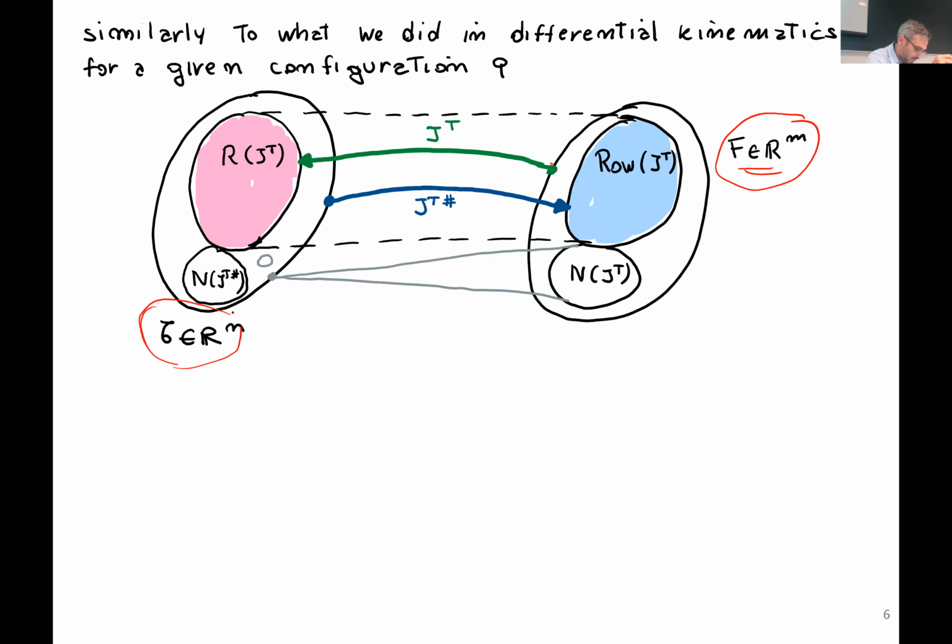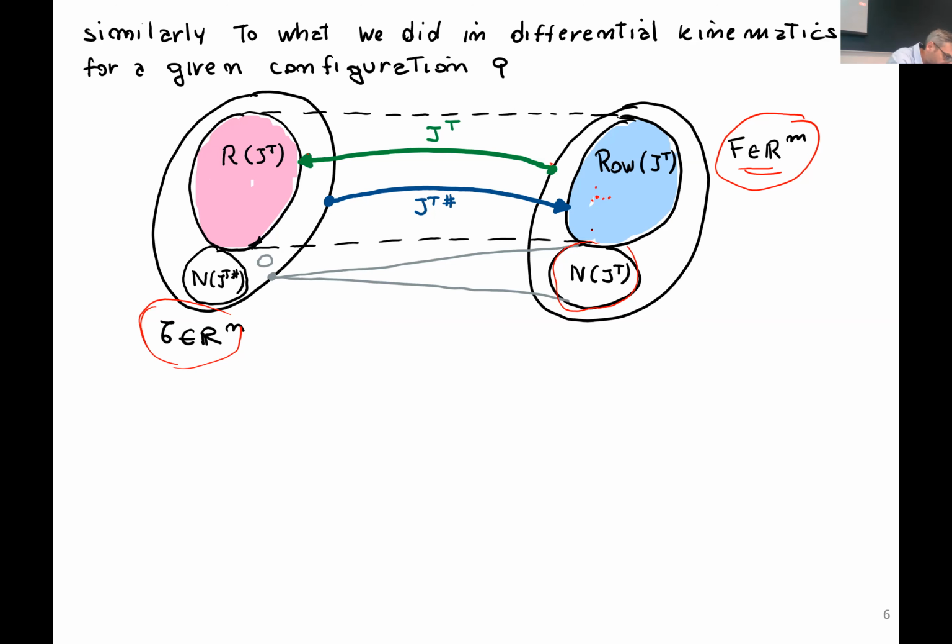If for velocities the range space of J was describing the Cartesian velocities that could be generated with some joint velocity, in the case of the range of J transpose, we have torques that can generate some Cartesian force. Okay? While in the null space of J transpose,